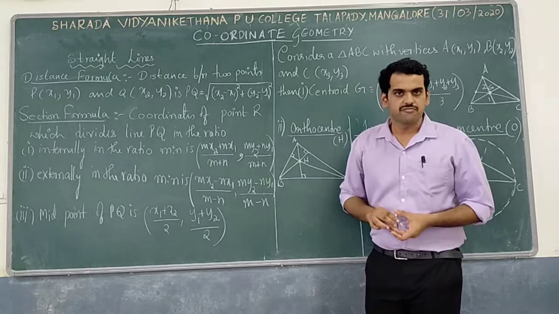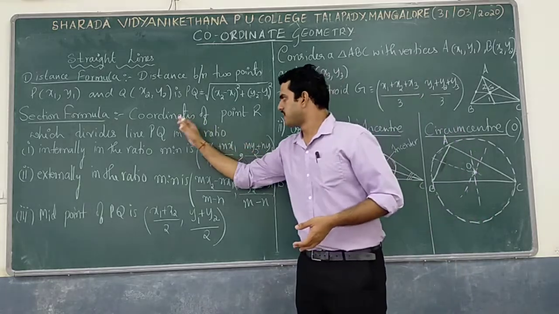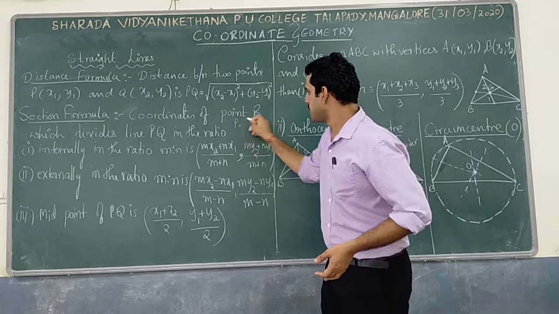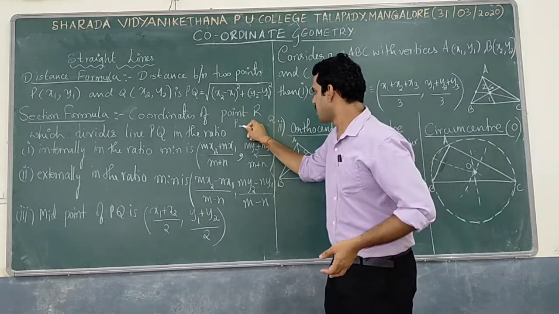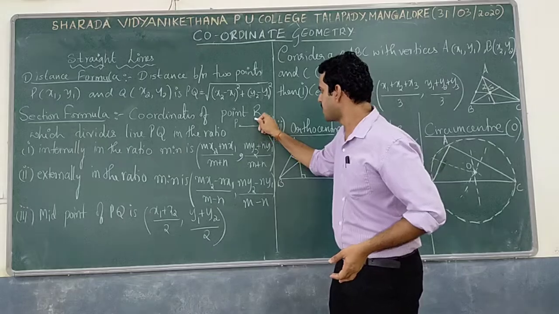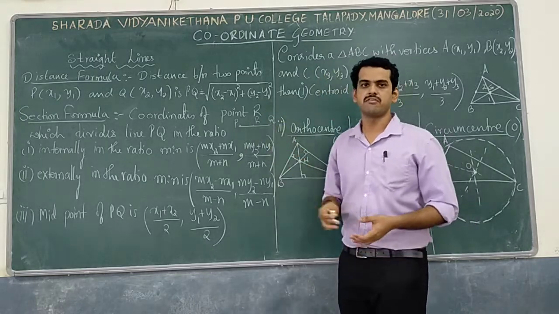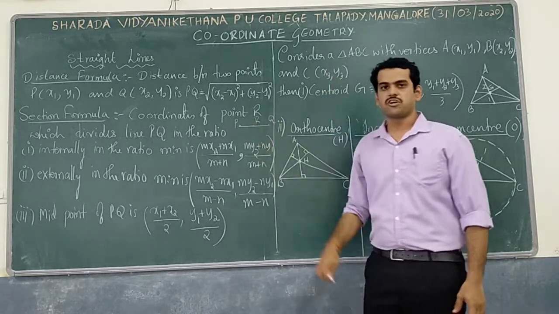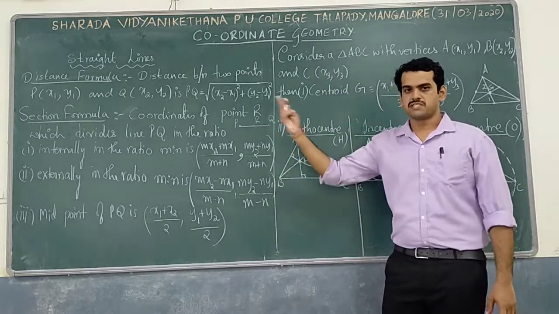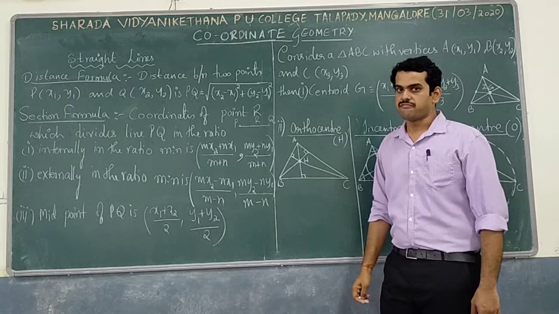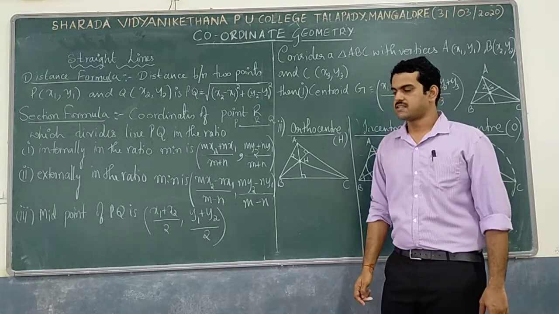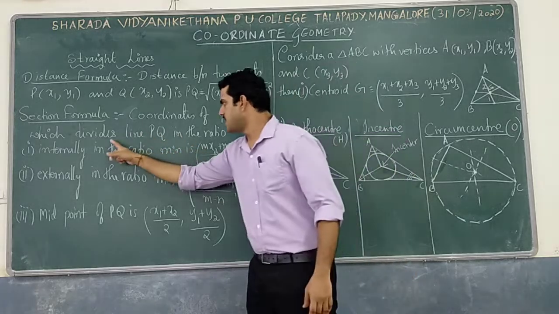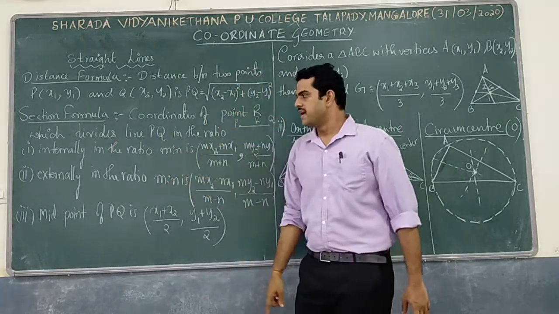Coming to the section formula, we have what? Suppose we take 2 points, P and Q. Now in between P and Q, suppose R is somewhere in between P and Q. Now suppose R divides the line joining P and Q. There are two possibilities that come into the picture. If we come to the first case, that is, if the point R divides the line joining P and Q